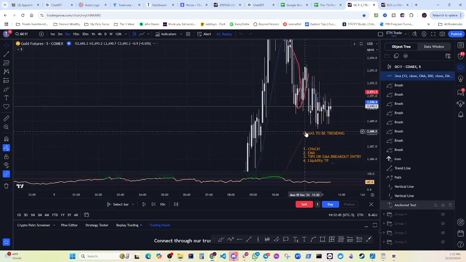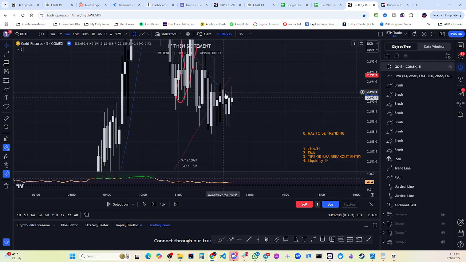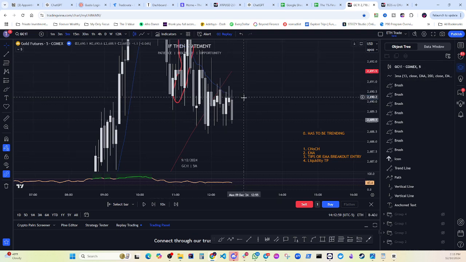The A plus is it's touching and rejecting on the line. If I see it coming up and it's wicking, that means price is pushing down to sell. That means the 13 EMA is strong at that point. Then, when I see an engulfing candle or wicks like that, the engulfing candle means the body, the gray shaded area, is the red candle. I just changed the colors, and the white is the green candles that you probably see on your screen. But anyways, if I see the bearish candle, the body of the bearish candle,